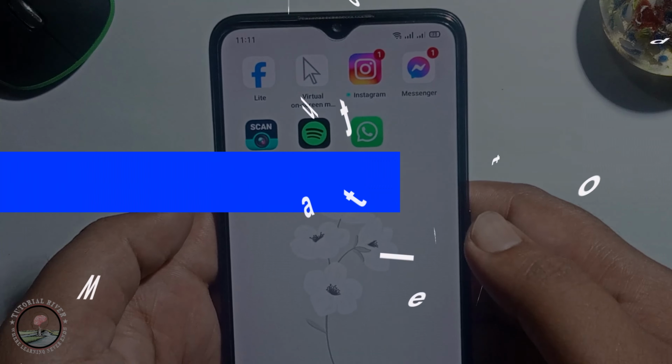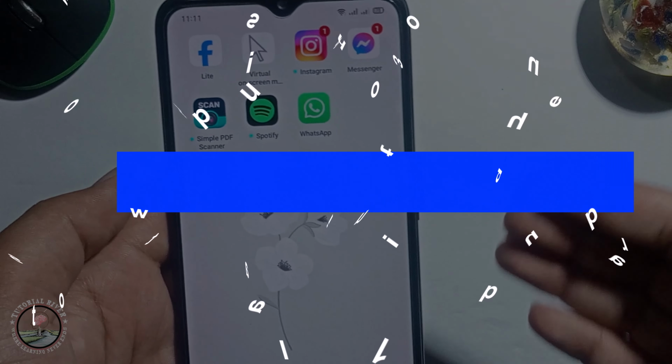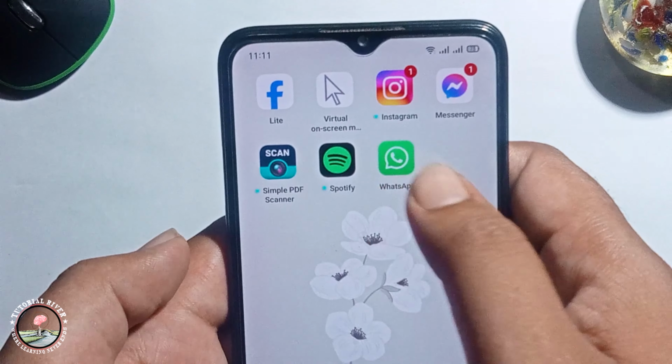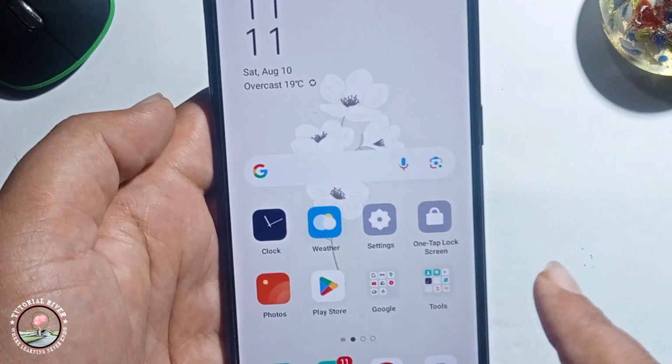Hey guys, today I'm going to show you how to install 3 WhatsApp on an Android phone. Look here, this is my WhatsApp. After that, click on the settings option,